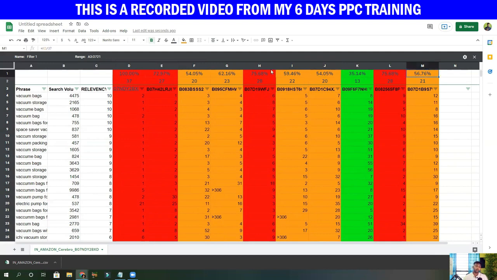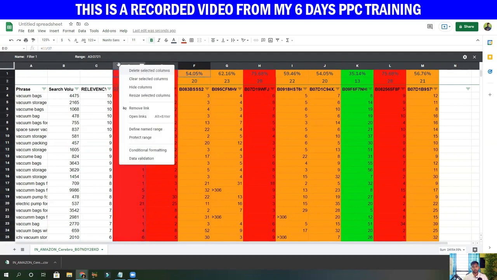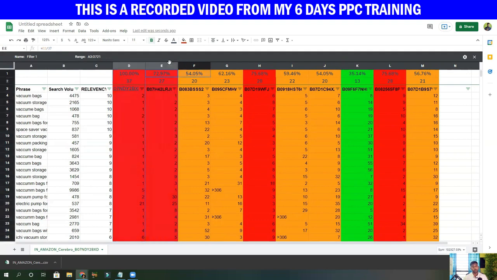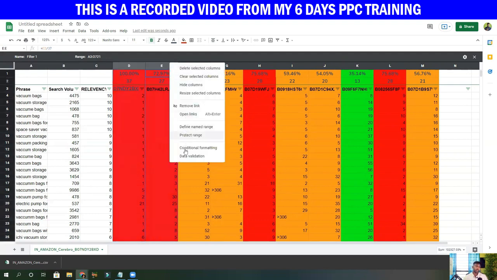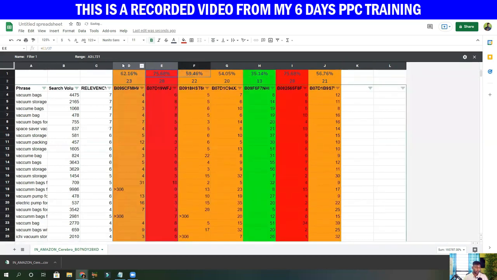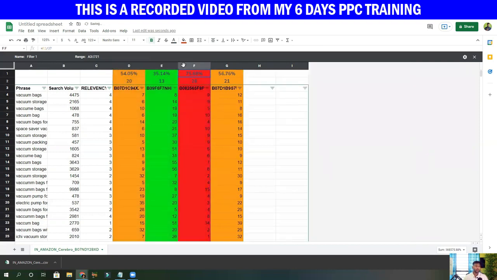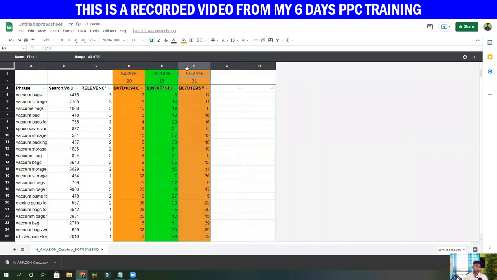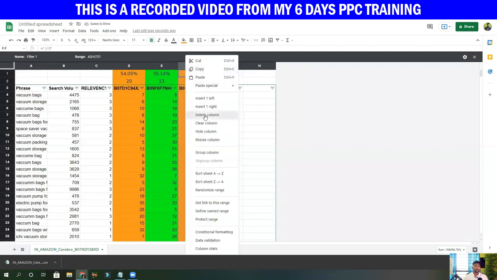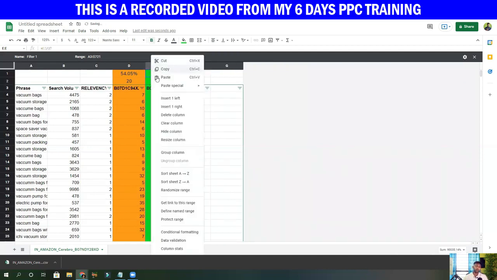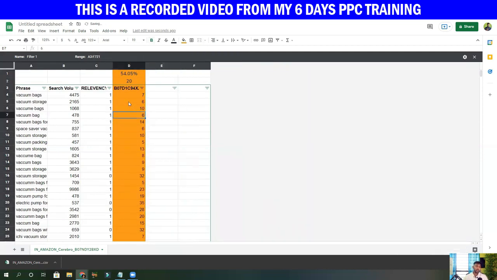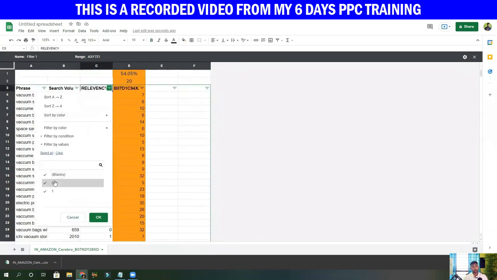So the lowest one is this 54.05. So we are going to take this one now. So this will be our second set of keywords that we are going to target.